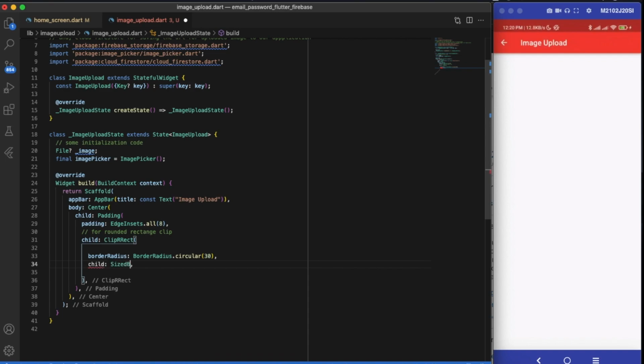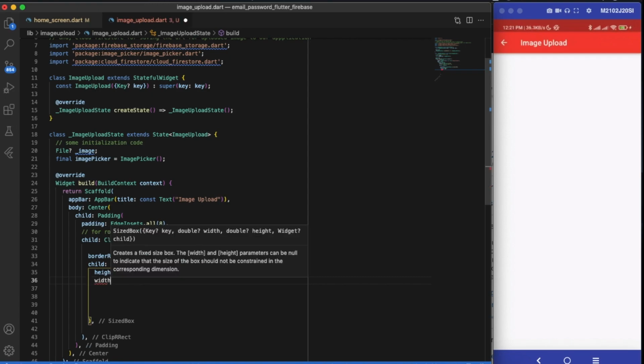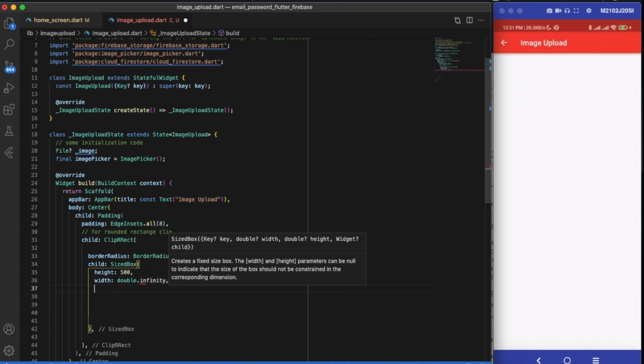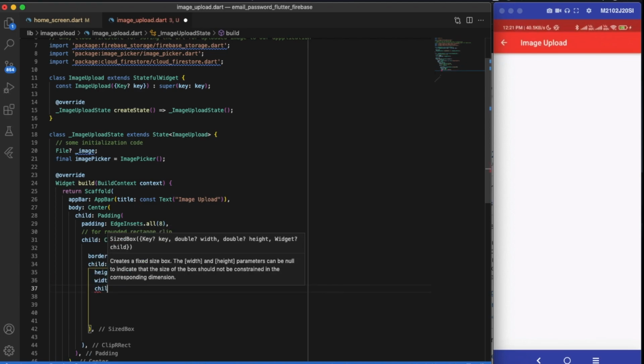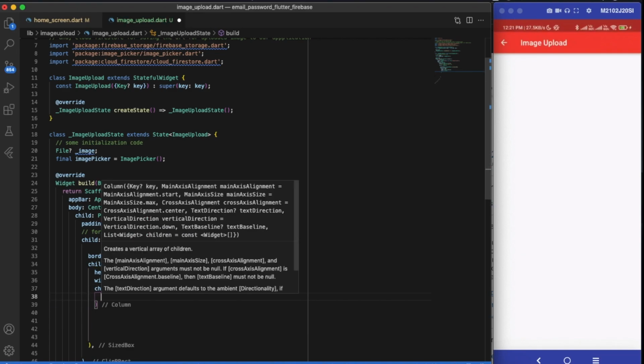And then we will have a child of SizedBox, and we'll be defining some height of this SizedBox, let's say 500. Width can be double.infinity, and after height and width, we'll be defining a children inside this, which will be our Column.